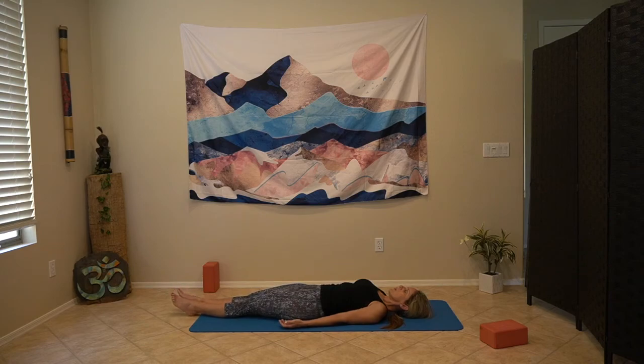Inhale really deep, you can close your eyes, and then exhale, release and let go completely. Trust that the floor is holding you, it's supporting you. There's absolutely no effort to be in this position. We just relax